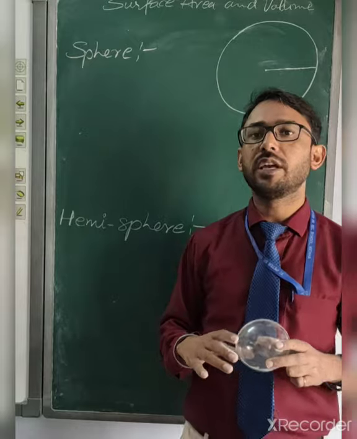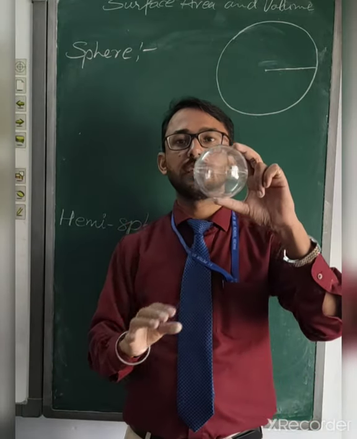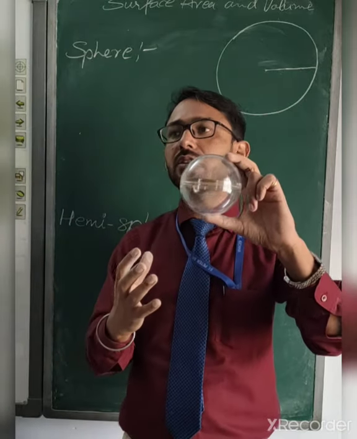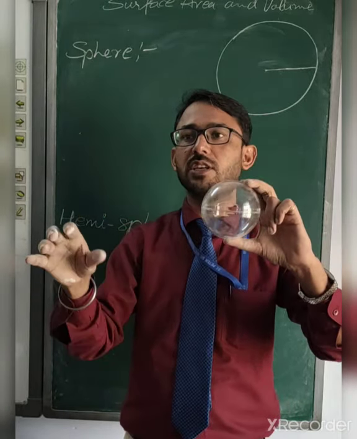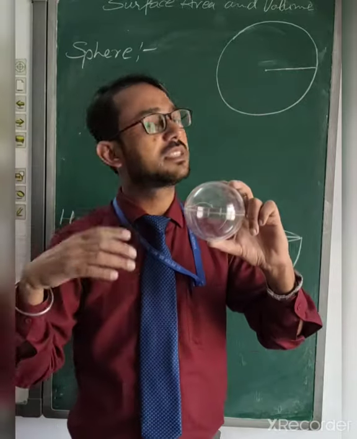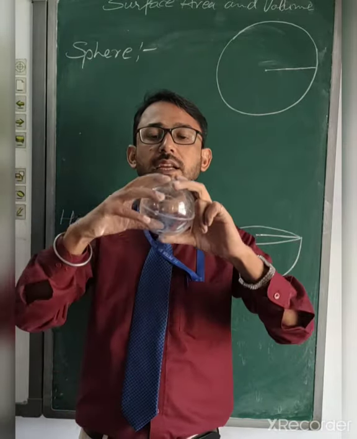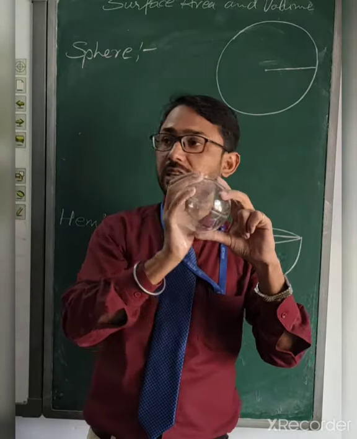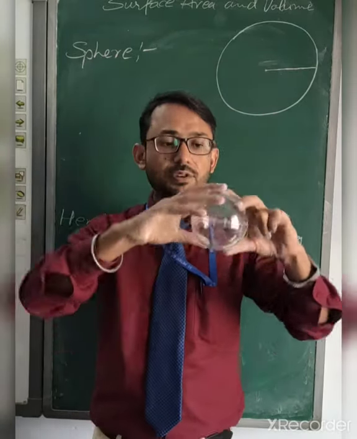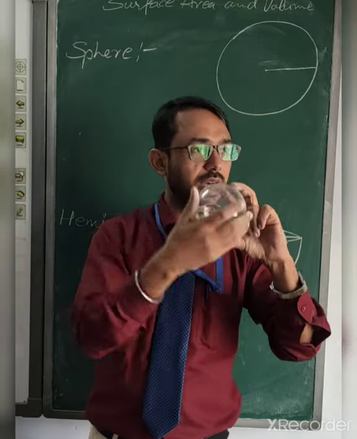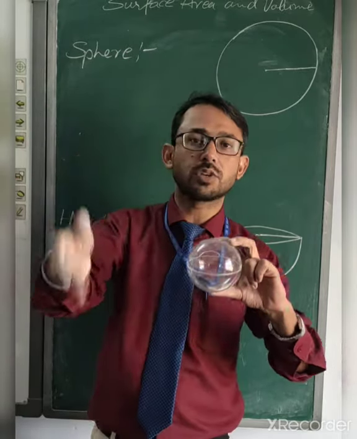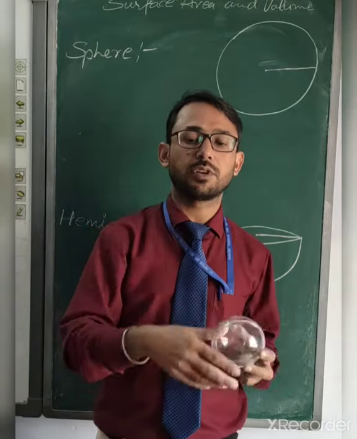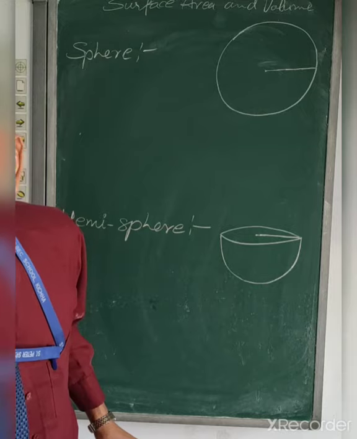Now we are going to do the sphere. For this sphere we need to think about the same things, the volume and surface area. Keep in mind, its surface area, whether we are talking about curved or total, will be the same. There is no other surface, only one surface. So it has only a total surface area, or if someone says curved, then curved and total are both the same for it.